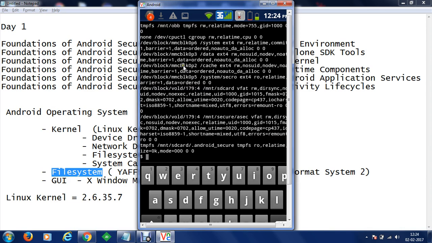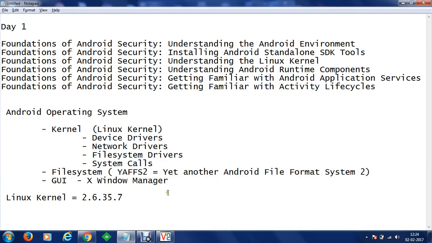The important information we have to look at here is, you can see that we have many devices like a temporary file system, device CPU control, and a block device known as MMC block 0 partition 3. Basically in our mobile devices we have the complete MMC card, which is also known as NAND flash.